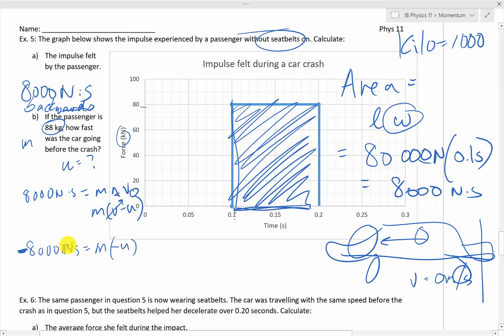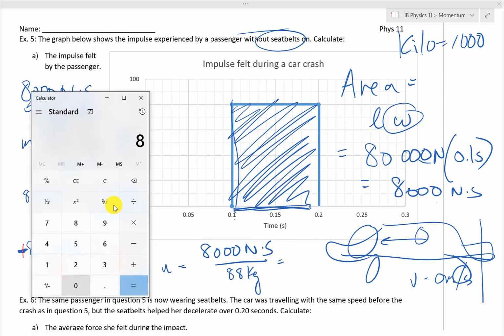So I'm going to divide both sides here by my mass to get my initial velocity, which I can then solve for. Don't forget the negatives also cancel out. I'm going to be left with the initial velocity is equal to 8,000 Newton seconds divided by the mass, which is 88 kilograms. And after I put it into my calculator, I am going to get